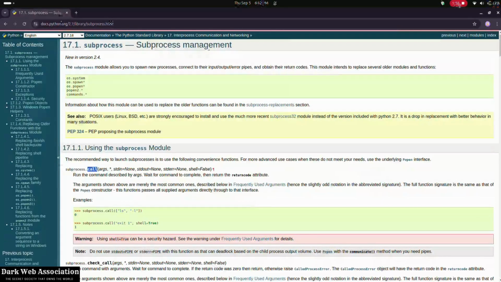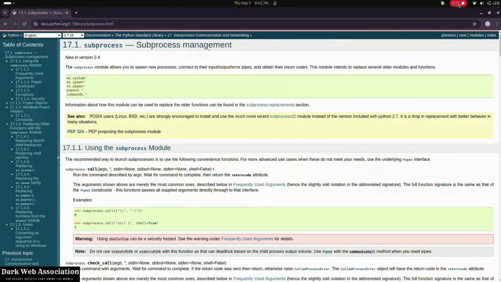It doesn't run it in a different thread, and it waits for the command to finish executing before it moves to the next line. This is very important because we don't want our script to exit or continue doing other stuff while it's still trying to change my MAC address. I want it to change the MAC address, finish changing it, and then do other stuff. So that's why we're using call, because it will not execute anything else until the command that I give it